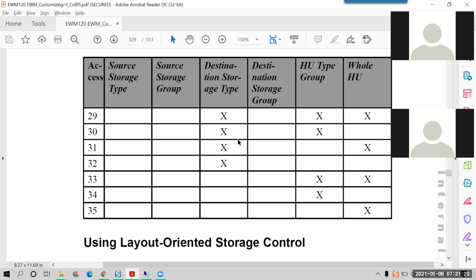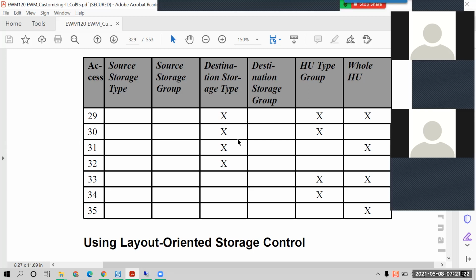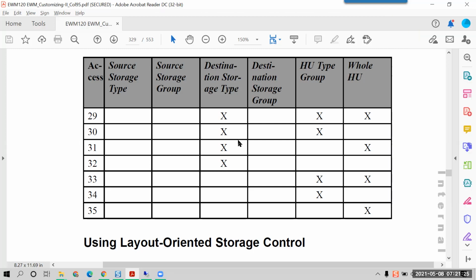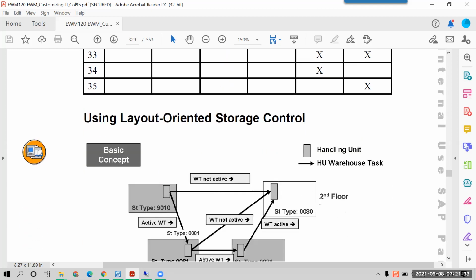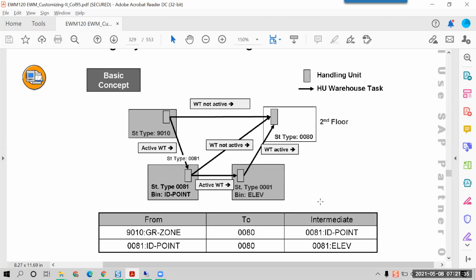But outbound, similarly, I took from the picking bin to the first floor, then first mezzanine floor to ground floor, and ground floor to the outbound staging area. But what is happening is it is again reading that step from the ground floor to first floor, and it is again creating the 2-3 tasks in the outbound area. I will show you in the end, but I have to delete that particular step for inbound so that it is working properly. Is there anything I need to do to differentiate between outbound and inbound?